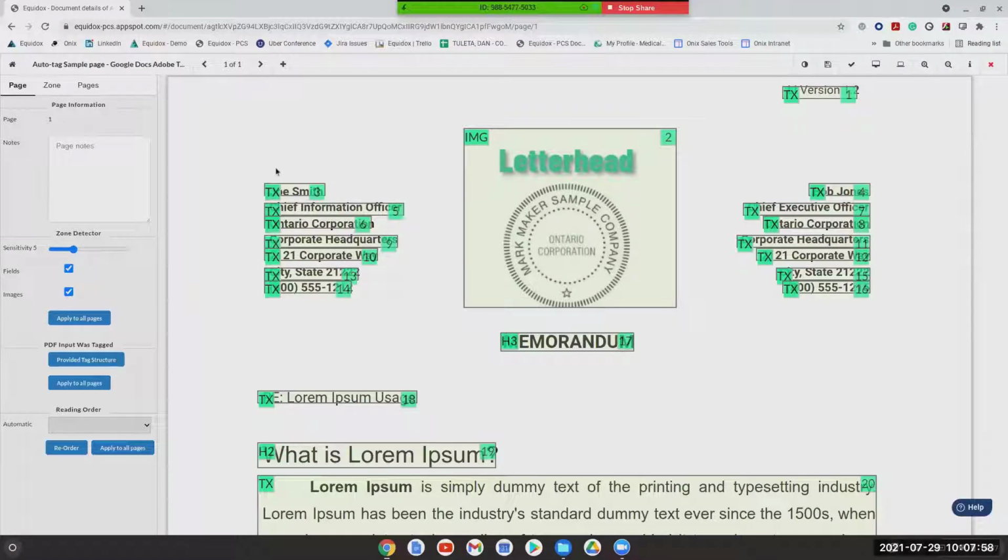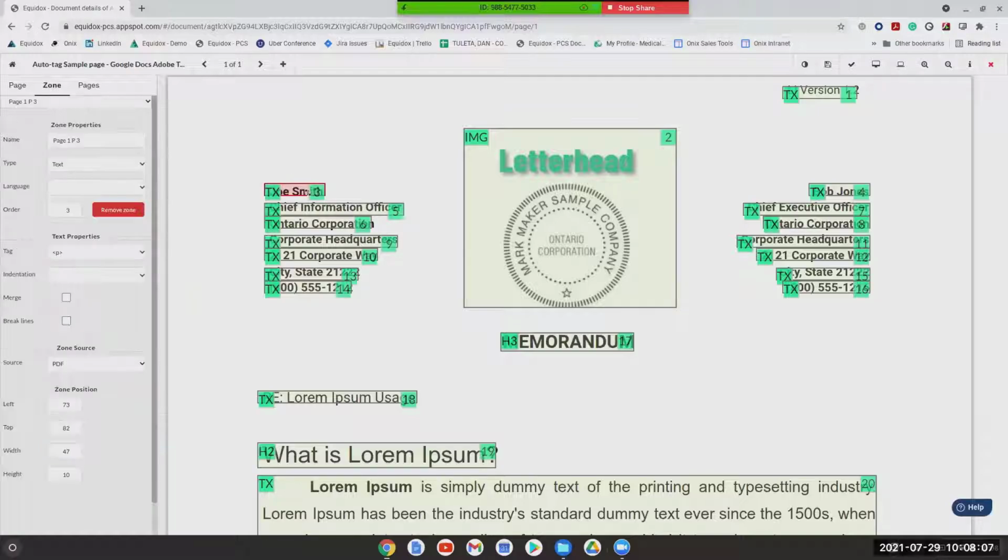Now, keep in mind, this document was previously tagged, and Equidox, when we import the document, is able to maintain those existing tags, and they are essentially converted into what we call reading zones. So these yellow boxes that we are seeing here placed on the page, this is the existing tag structure that came straight from Adobe Acrobat's Auto Tagger. Now, these yellow boxes that we're seeing, these are generated by Equidox when the document is being imported. But there's a few things to note about them.